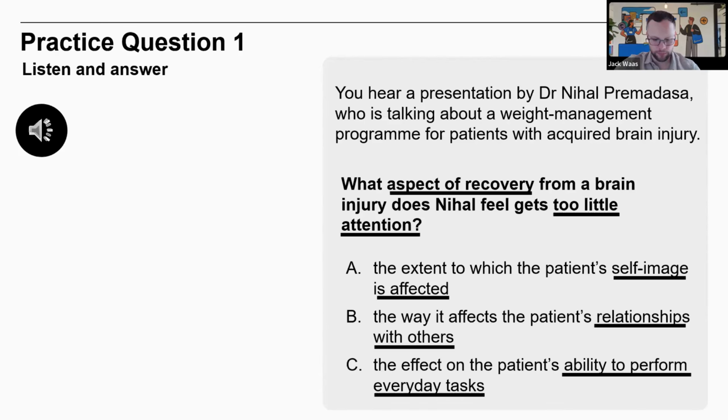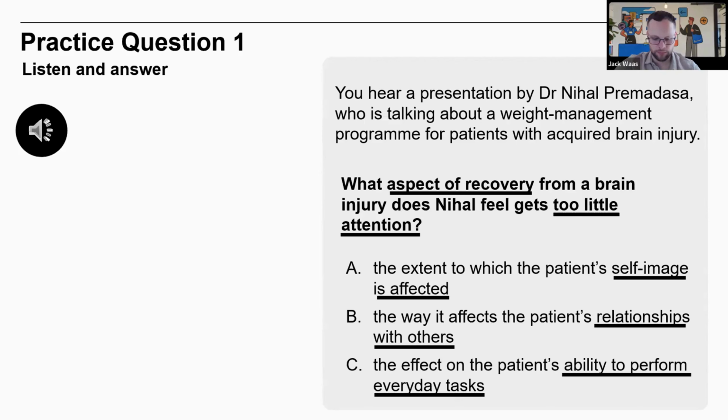A brain injury can be devastating for the patient, who often experiences a loss of identity. The impact of that can be worsened by the fact that there's a general lack of public understanding about the nature and effects of brain injuries. Patients often face a long struggle to regain physical, cognitive, and social skills, and that's where a residential centre like ours comes in. Our multidisciplinary team aims to enhance patient recovery, and we identified that an often overlooked area of